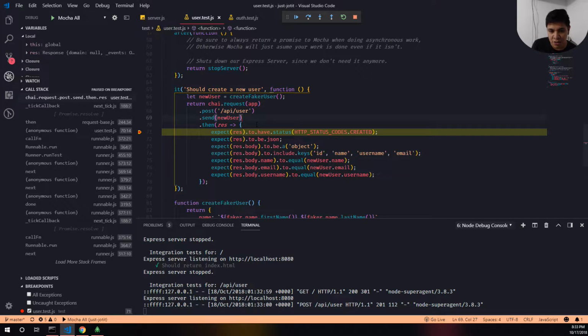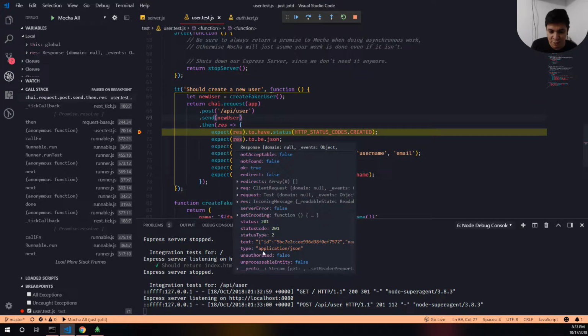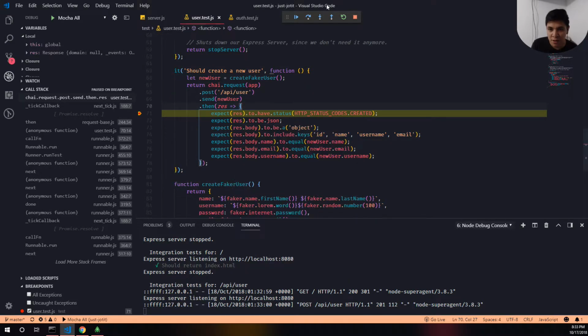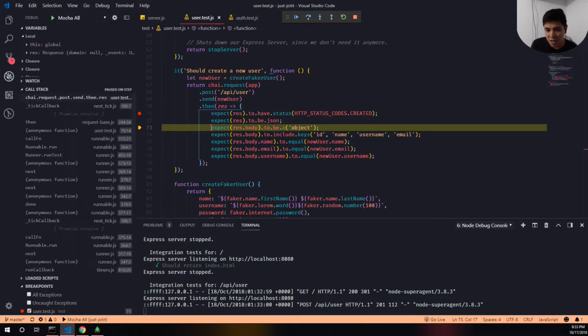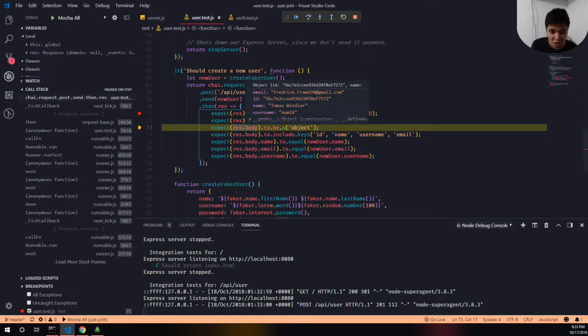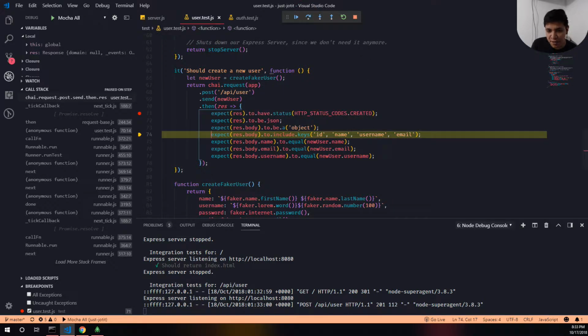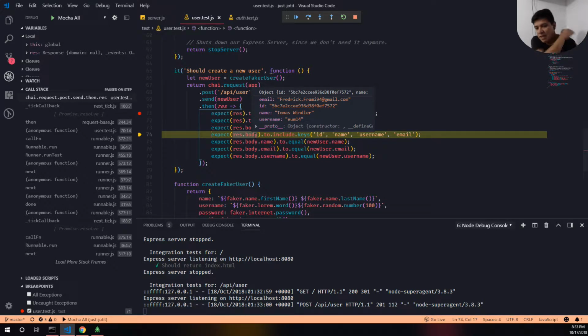Then it verifies that it's a JSON. We can see that in fact it is of type application/json. It does a few other tests, like expect that the response body is an object. It is an object. And then finally, we verify that the server responds with our actual user. So we verify that it includes things like ID, name, username, and email, and that they match the newly created